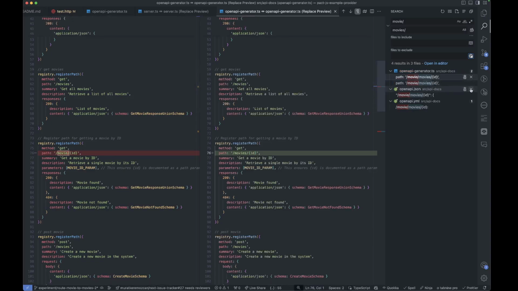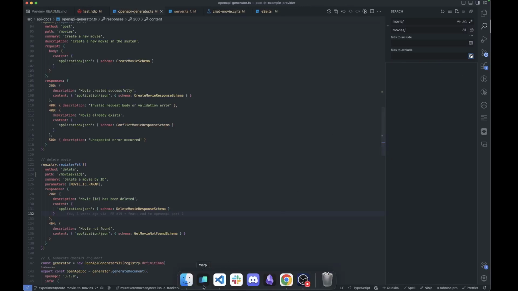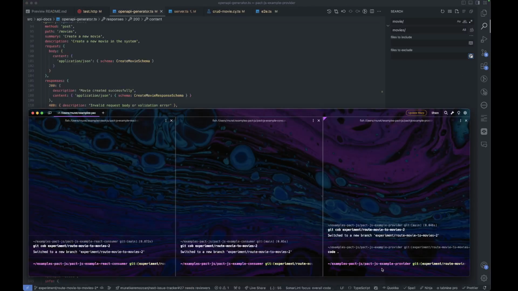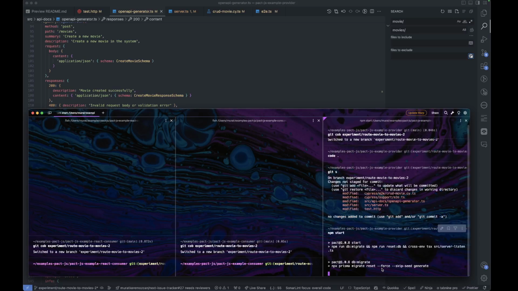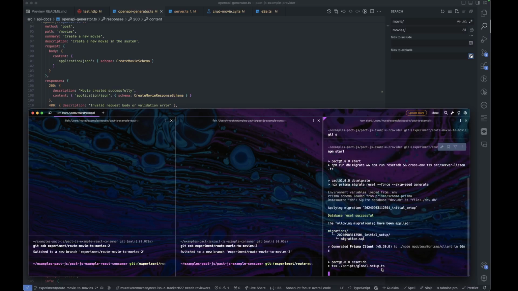I'm not going to change OpenAPI manually, that comes from the code. But the OpenAPI generator will change. So we changed everything mostly. Let's see if the tests are working.